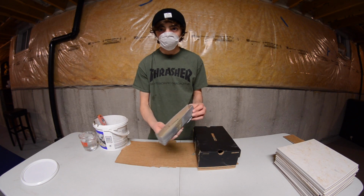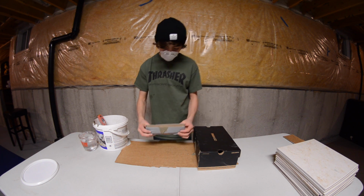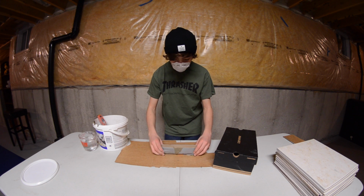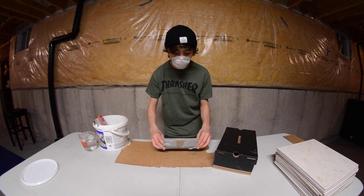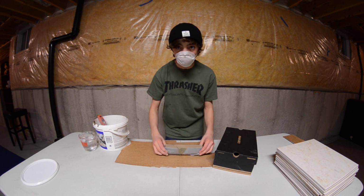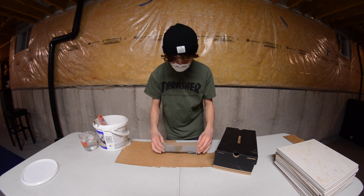Alright, so I poured the concrete in the mold, and I kind of dripped it a little, but it's not that big of a deal. Once you got it in there, you want to kind of slam it down gently onto the table, and just make sure all the concrete gets really smooth inside. It's kind of hard to show you without it tipping over, but just make sure it's smooth inside there